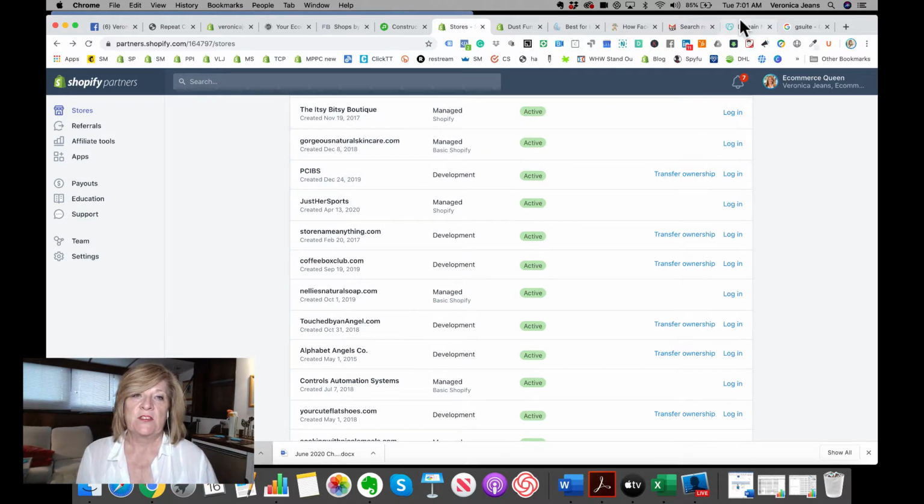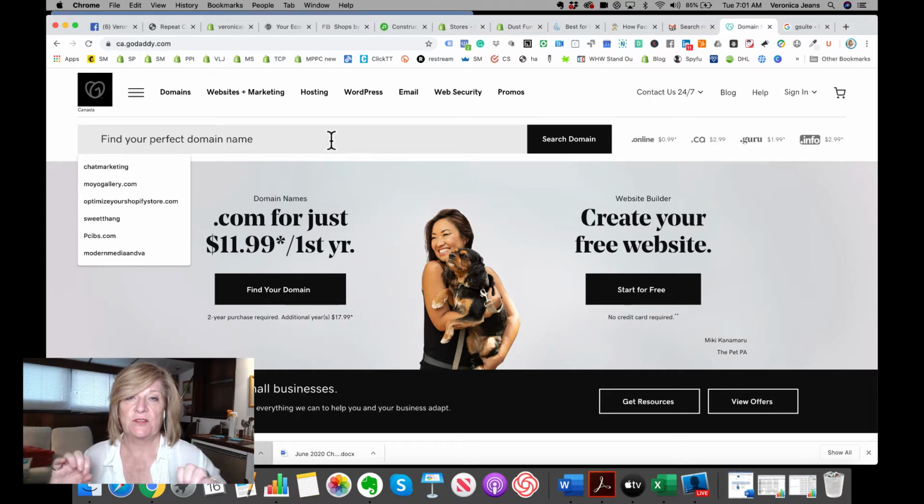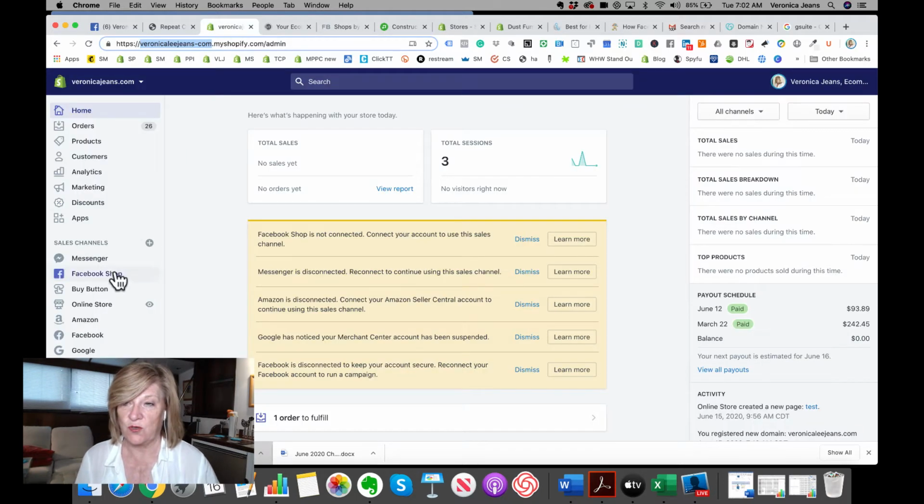Okay, so how do you find a domain name? So now you have a name, and you're going to go, I want this domain. I normally go to GoDaddy and do my research. You can go on whois.org, or any major domain host, which means they are actually registering your domain. And Shopify will tell you if your domain is available or not.